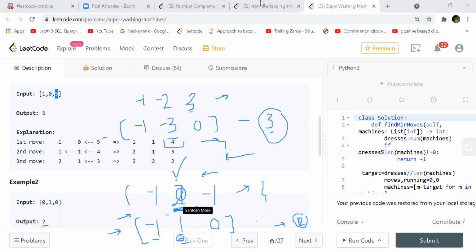And why this can be okay is because we have already taken care of the -1 condition, right? If you don't have a sufficient number of dresses, it means the capacity will always be sufficient, and only then we do this. So that is the base condition we take. This condition, what you are representing with -1, we actually take care of that. So when we are doing all this calculation, it means that we are always going to satisfy the needs of each and every machine, right? With that assumption, we don't have to look for this condition at all in this calculation.